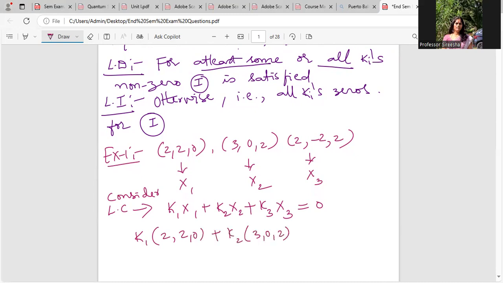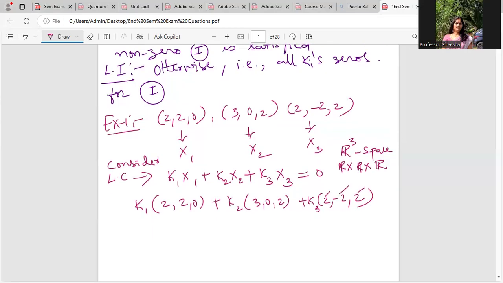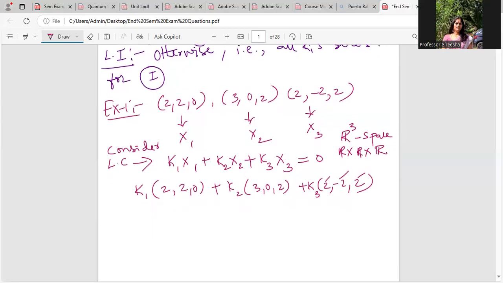No confusion about how you will multiply and how you will add. It's adding basically the components. In each vector there are three components. That means it's an R3 space, guys. I can as well write this as R cross R cross R. Why R? All the numbers are on the real line. In other words, the first component is the X component, the second is Y, the third is Z, so I'm considering these vectors in three-dimensional space.